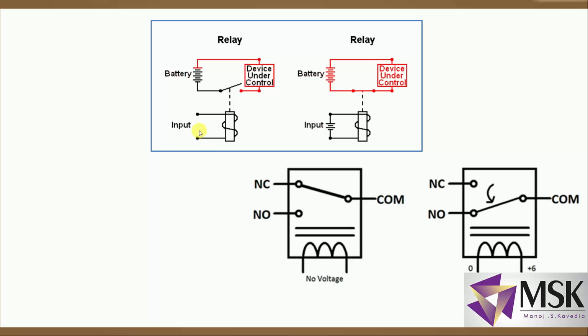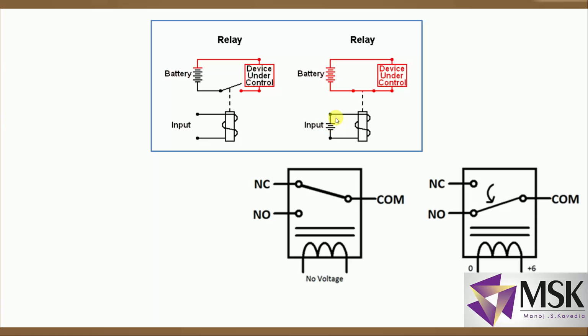So this is a coil. To this coil if I apply a voltage, fine. Now this lever, this armature will move and will close the circuit. And what will happen, because of this closing circuit, this battery will supply the current to the device and device will start operating. Now here I have given the example of battery. It can be even a 230 volts or 440 volts application also.